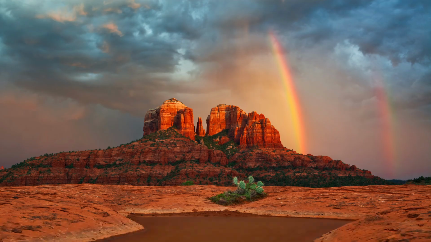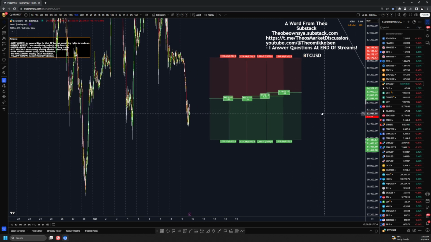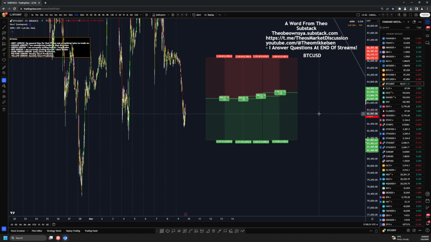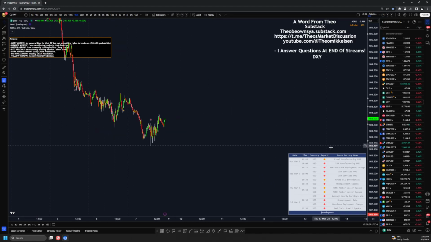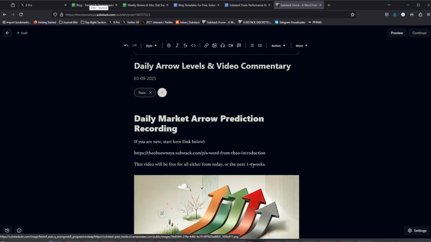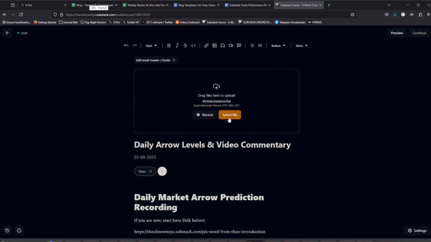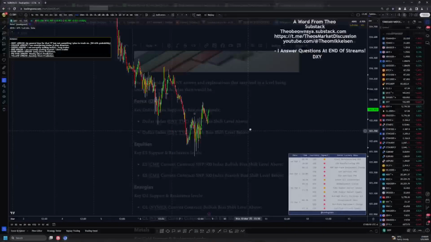Obviously, I want to quickly highlight that I have some Bitcoin limits that I'm strongly considering here. I will probably set them within an hour or two if we don't get up there manually, and so I have that noted here. And for the dollar, I'm going to be building up my block here. I'm currently making the video that I will upload, and let's build up some dollar index levels.